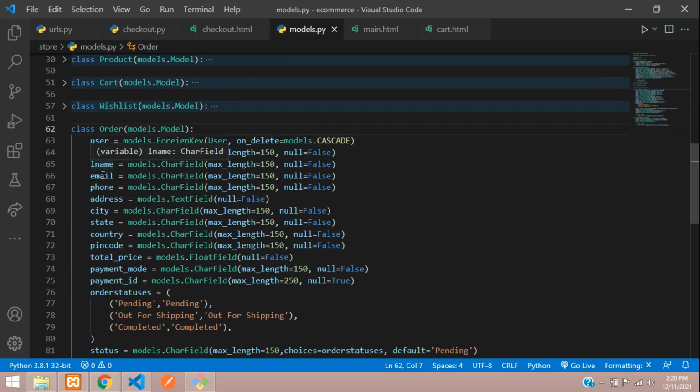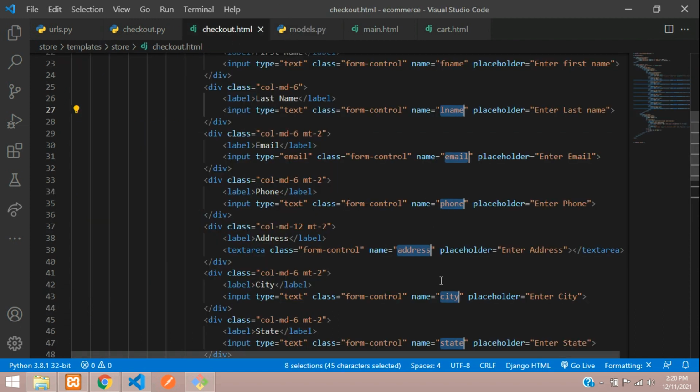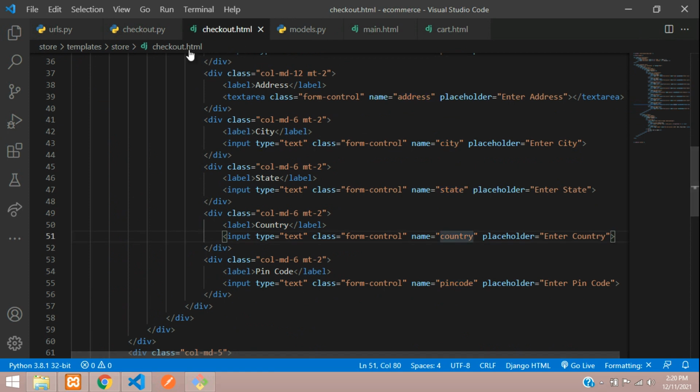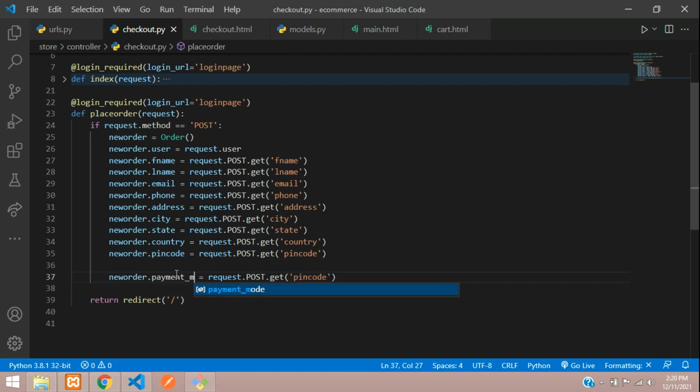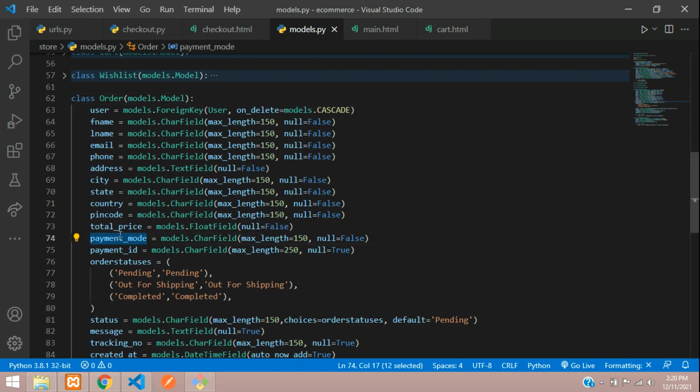So we have the same name over here, lname, email, address, phone, city, and the same thing we have given in the input type name also. So that's why it is same for us. So in case you have given this as first name in your database and something else in the input tag, make sure you are giving it properly to avoid any errors. So now once the pin code is done, we need the payment mode, right? So just copy and paste. So here I'm going to say payment underscore mode. So if you just want to avoid errors, it's better you just copy it from here, payment mode, copy,